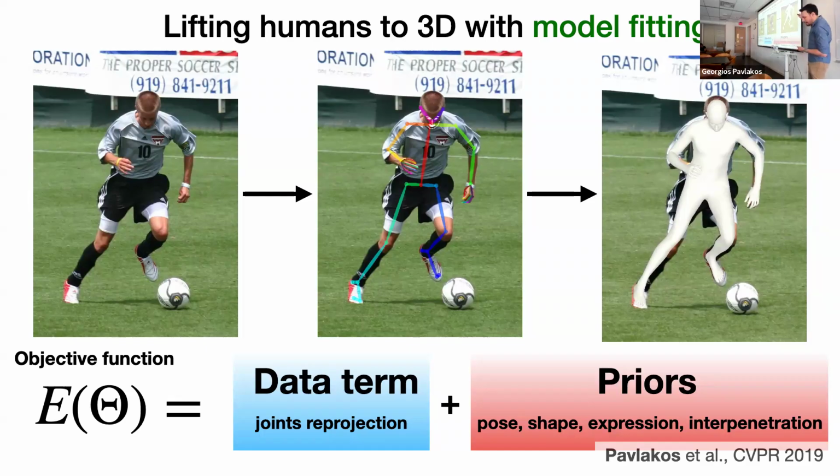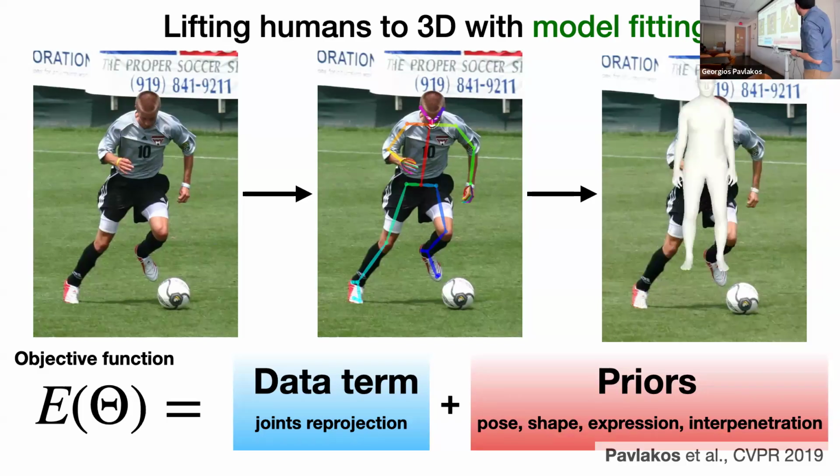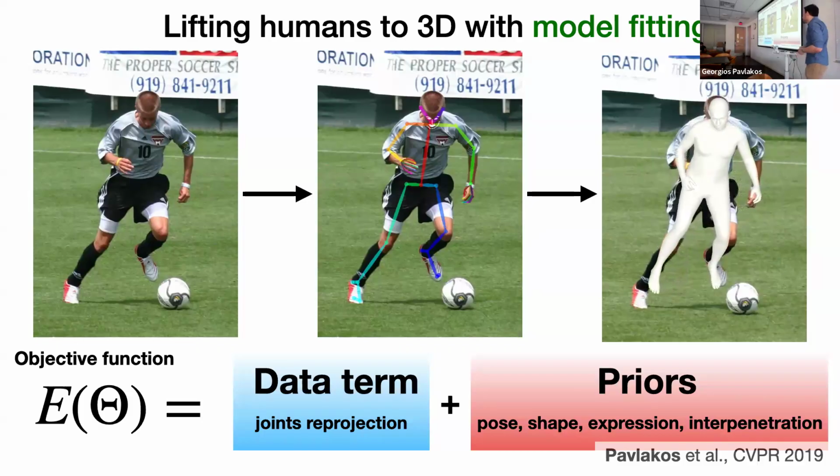So you can see on the right what happens during this optimization. We start from the mean pose, and then we gradually update the mesh such that it aligns and explains the image observations. That process at this point is more mature and works pretty well, but it's quite slow because this iterative optimization needs to happen at test time.